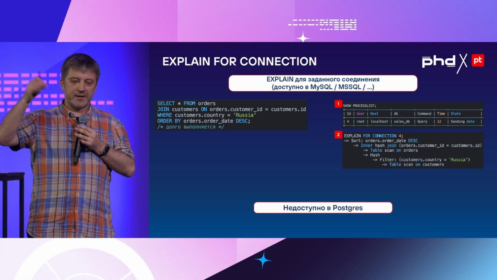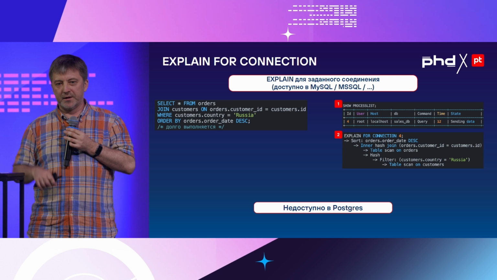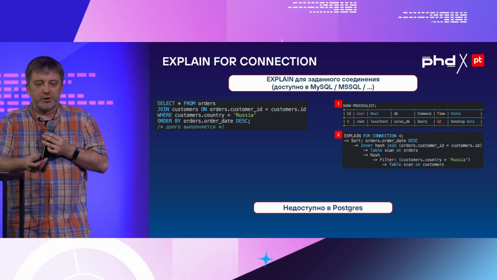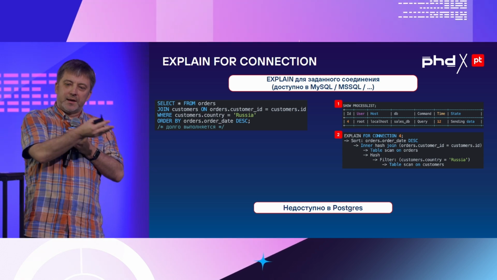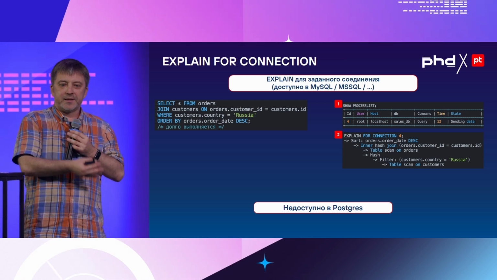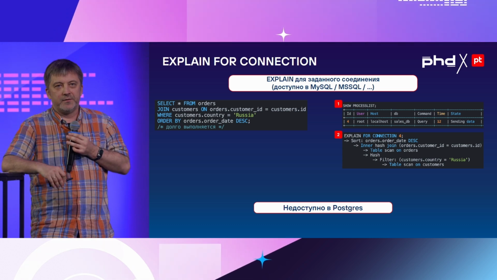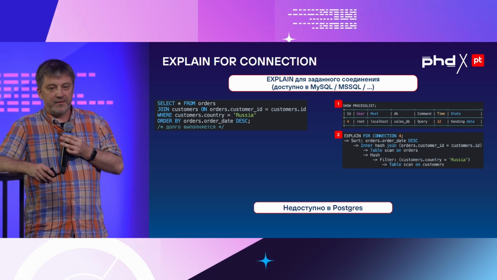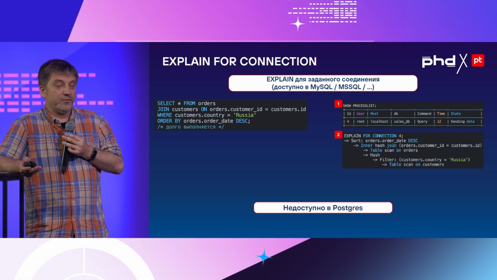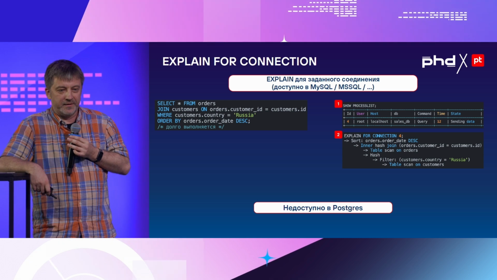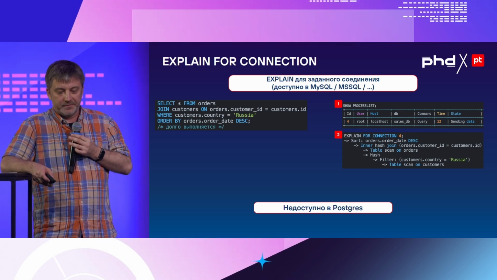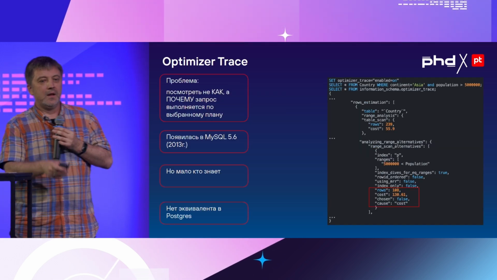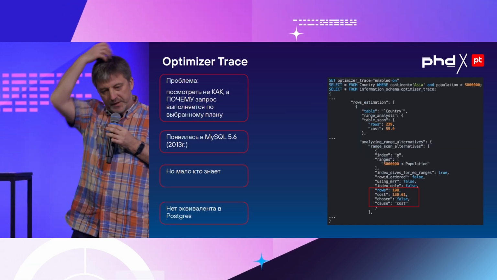Unlike how it's done in Postgres, where we need to do it right here and now, we need to run the debugging right now, for instance. It's very important when you have a request that runs for a long time. Normally it runs very fast, but today, right now, for some reason, it takes a lot of time. So this is what this feature is for. It appeared quite recently, and not all MySQL users are aware of it. And in Postgres, there's no analog of this.